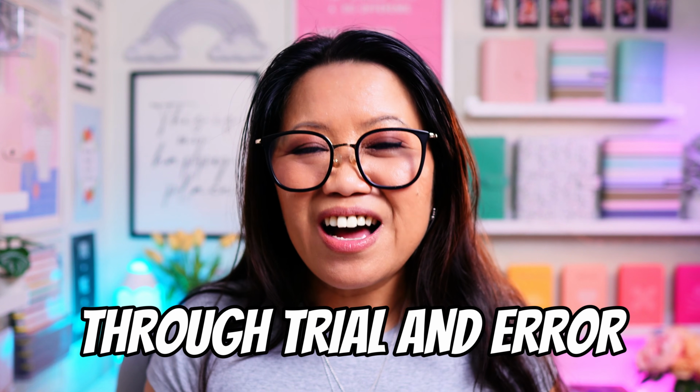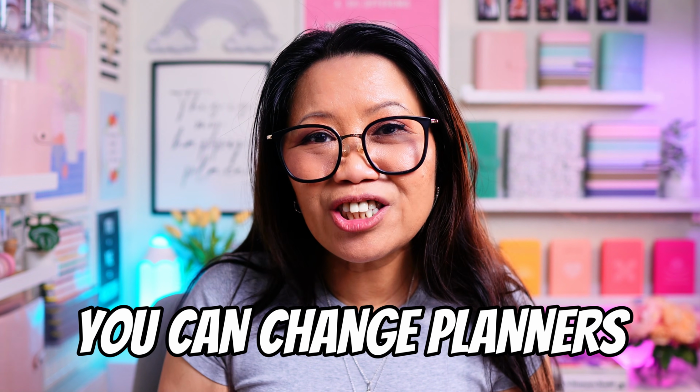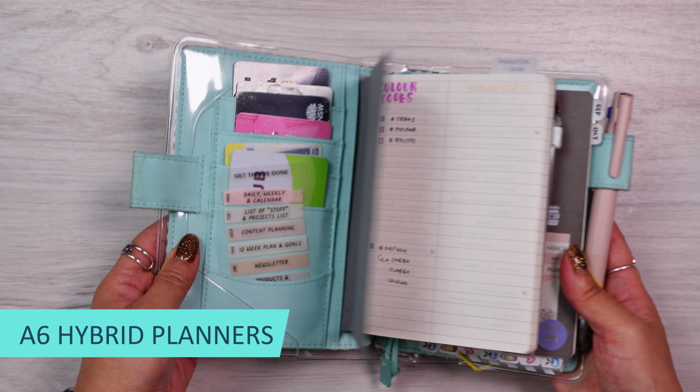I've been using paper planners for a while now, and through my trial and error, I've refined my system that suits my needs. And remember, your needs will change, so your planners and planning system need to accommodate that, not the other way around. Find planners that suit your needs, not you trying to fit your needs into a planner. Massive difference. Speaking of finding a planning system that works for your current season, this is what I am currently using